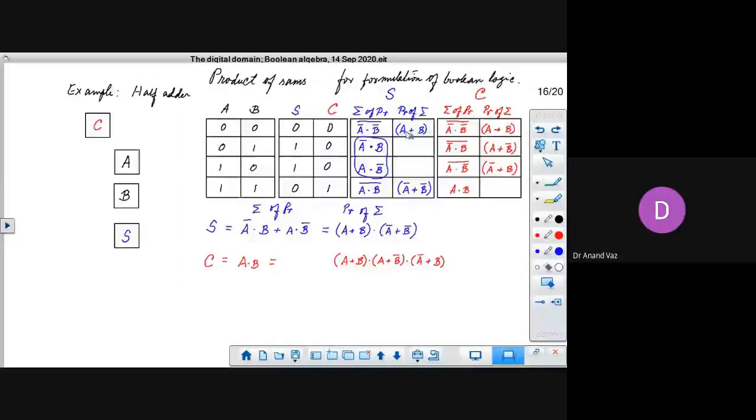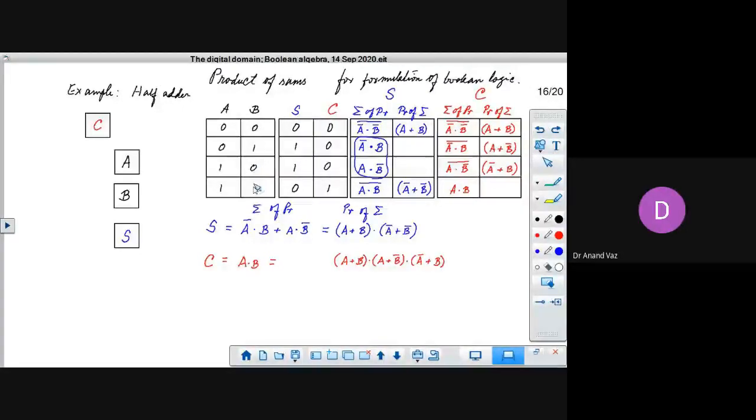Now this is a sum, and this sum will always give us a zero. Whenever you want a zero, say for this combination 0 or 0, when A is 0 or B is 0, you will always get A or B as equal to 0.